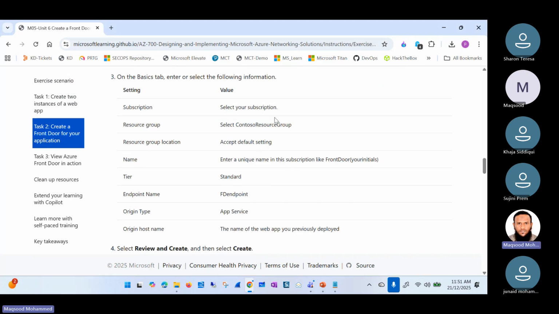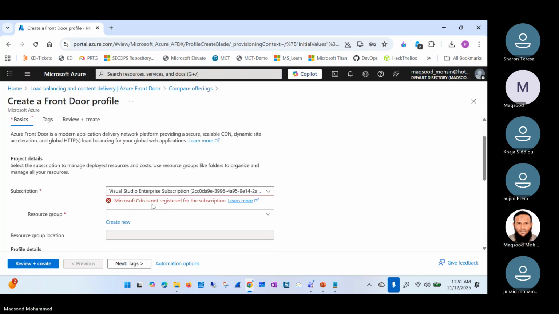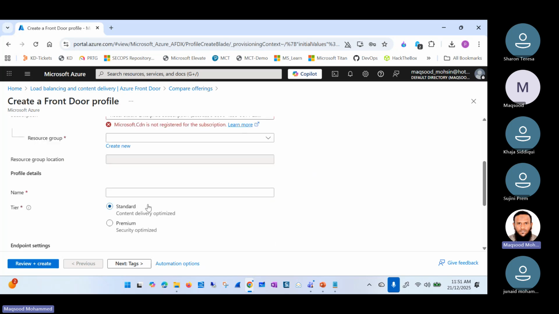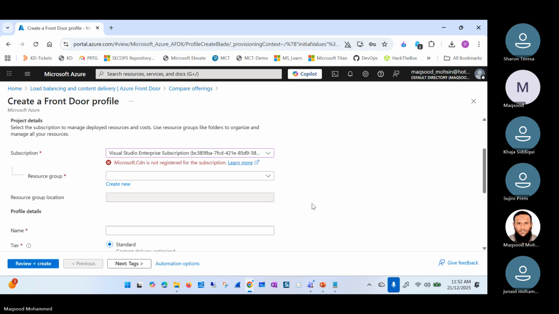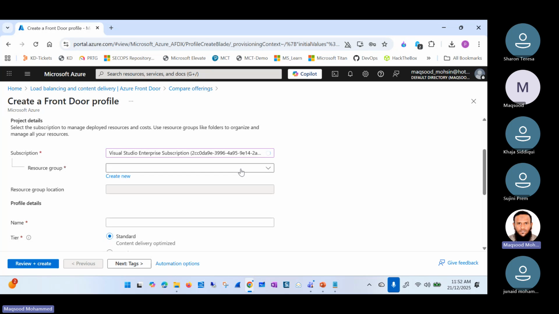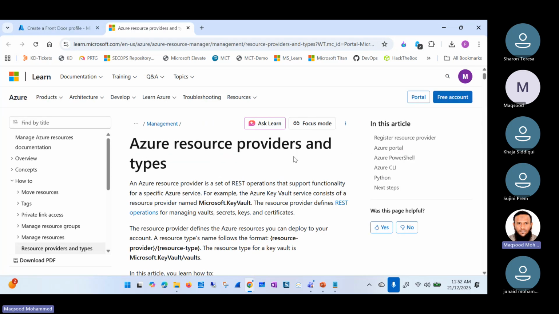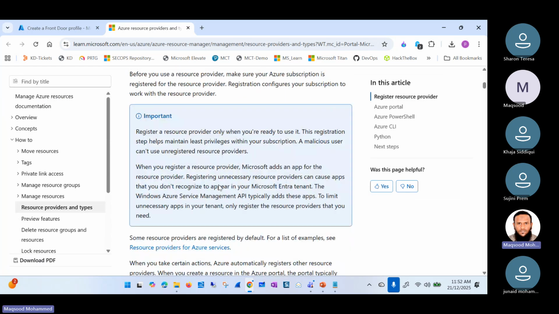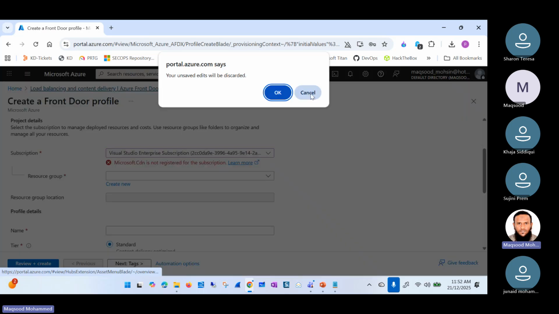And then we are going to again select all the parameters which are required. The subscription, there's some error here. I think this subscription is limited. There's some limitation on the subscription. We can't use the Front Door service here. What about this one? Yeah. So there's some more. What does it read? Azure resource provider some types. Okay, so this means that Front Door service is not available for our subscription,